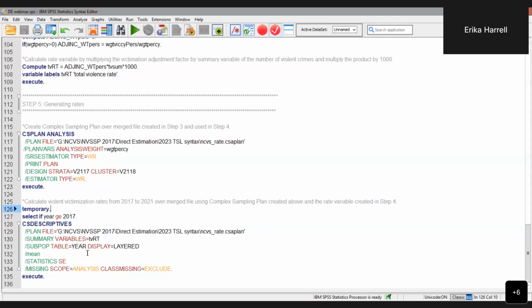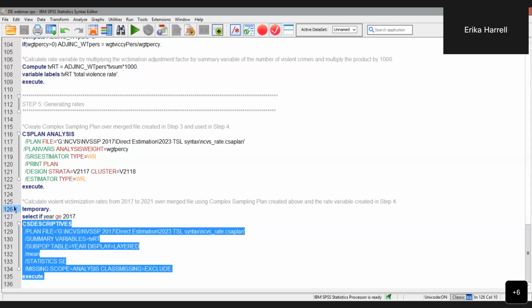You have to have a subpop table if you're doing annual rates with the concatenated file, because if not, it will just give you estimates for the entire table, which is an average of everything, of all years that are in the data set. So here we have to have a year layering it so that we can get annual rates going from 2017 to 2021. And with statistics, we have SE, which stands for standard error. And now I'm going to run this